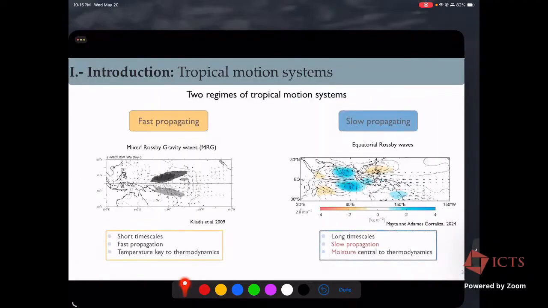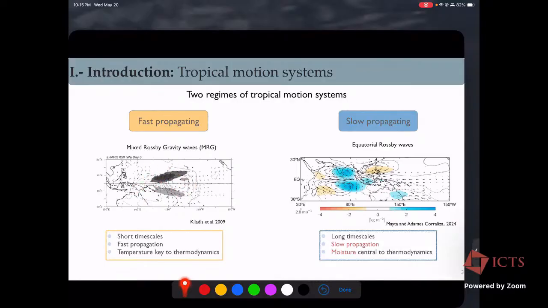But in this talk, I will try to classify these disturbances in two main groups, according to their propagation characteristics. So we will divide all the disturbances mentioned previously into two main groups. The first one, we classify as the fast propagating disturbances. For instance, the mixed Rossby gravity waves represent this group. This is a mixed Rossby gravity wave over the Western Pacific that in fact plays a big role in organizing